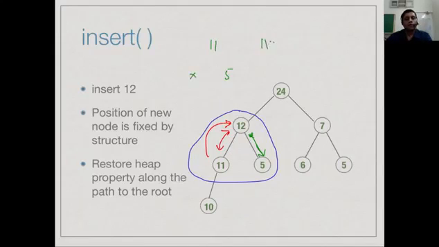We knew that 11 was bigger than 5 and it was bigger than this something. Then we did an exchange and we brought a 12 here. Right? So if at all the problem is only between 11 and 12, and since if there is a violation, 12 is bigger than 11, that's why there is a violation, but 11 is known to be bigger than the other side. So if I move 12 to the top of this 3-node structure, it cannot be smaller than the